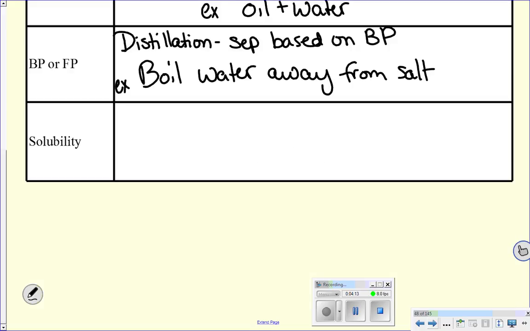And solubility just generally means if something dissolves something else. If two things don't dissolve one another, they can be separated that way, and that ties back into